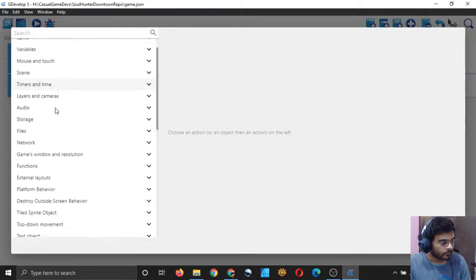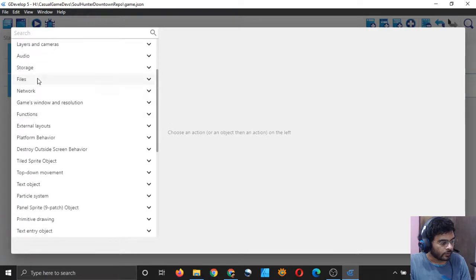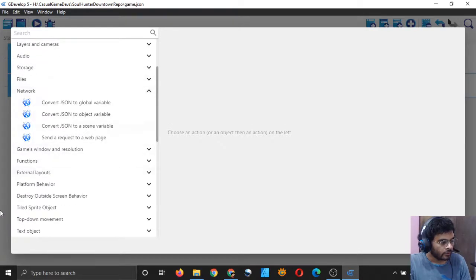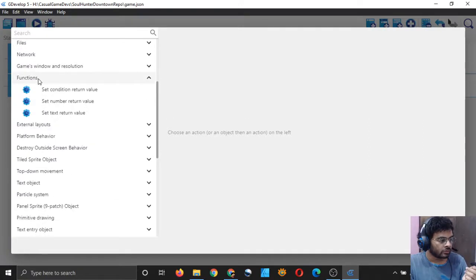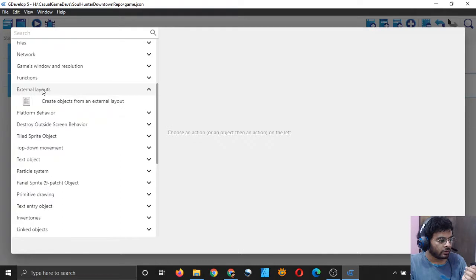Okay, layers, files, network. In network, I only have these three. That should work, but it's not working. It's not giving me a structured variable. Function. So external layouts.